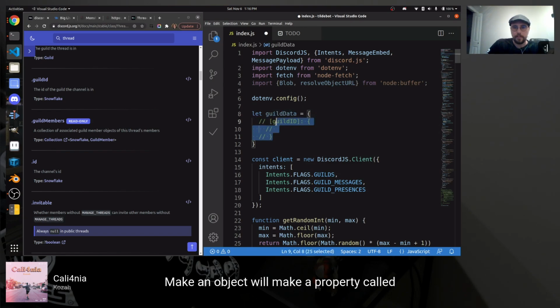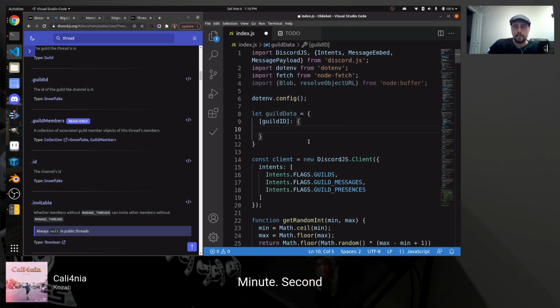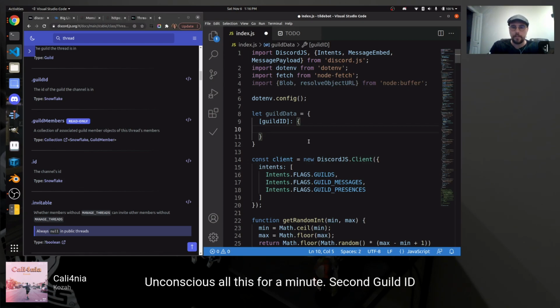let's just uncomment all this for a minute, hot second. Guild ID property is, or the property is guild ID, which is an object, which contains